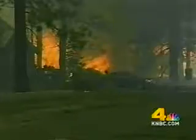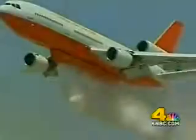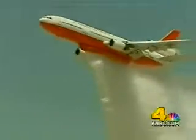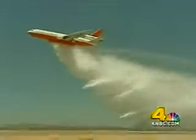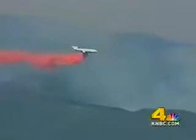Lives are always at risk fighting wildfires, especially for those who swoop in at treetop level in air tankers. Already this fire season, air tanker accidents have claimed 7 lives. When you push equipment to do something it was never designed to do, there is always a danger. Even the much-publicized DC-10 jumbo tanker was grounded after a wing clipped a tree and nearly crashed near Tehachapi in